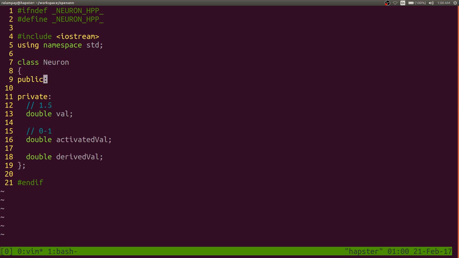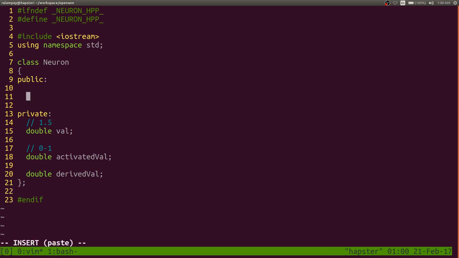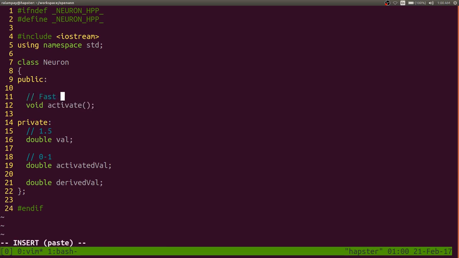Now, speaking of derivatives, the way I'd like to activate it is by using the fast sigmoid function. Okay, so our activation function, which I'll define as void activate, will be based on the fast sigmoid function. I'm not sure if I said it right. Right, so given a particular neuron's value, I'd like to activate it using some non-linear function. In this case, I'd like to use the fast sigmoid function because I think that's the easiest